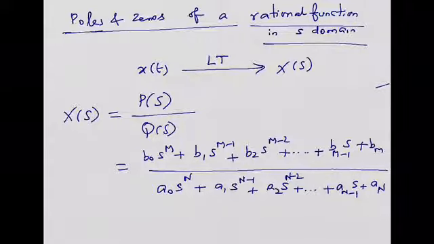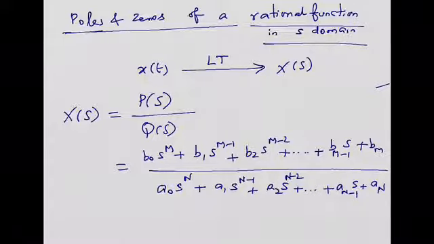Let x of s be expressed as a ratio of two polynomials, say for example p of s by q of s, where p of s is b0 s power m plus b1 s power m minus 1 plus b2 s power m minus 2 etc. plus bm minus 1 s power 1 plus bm. And the denominator polynomial is a0 s power n plus a1 s power n minus 1 plus a2 s power n minus 2 etc. plus a n minus 1 s power 1 plus